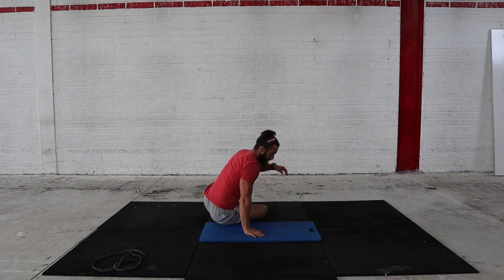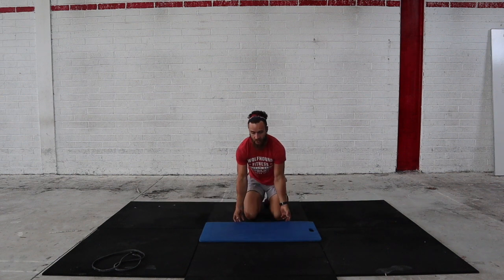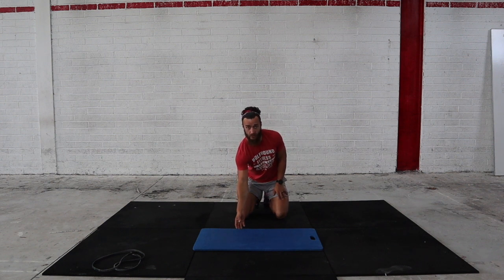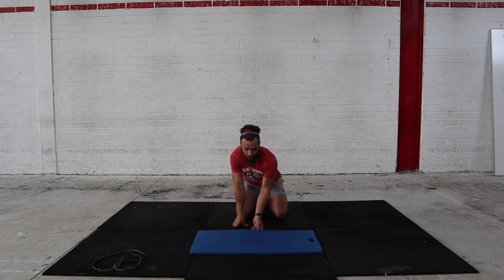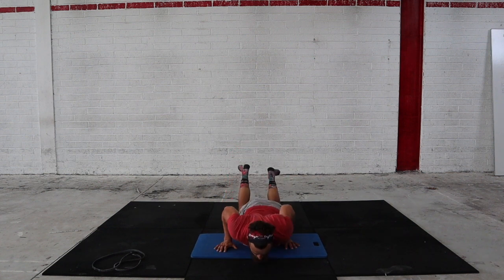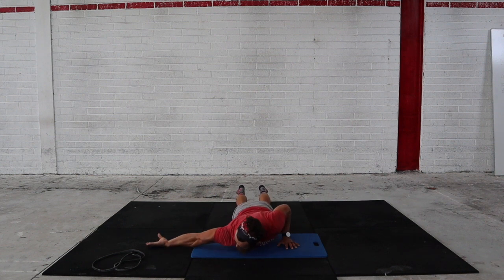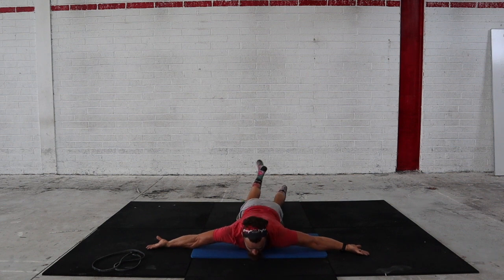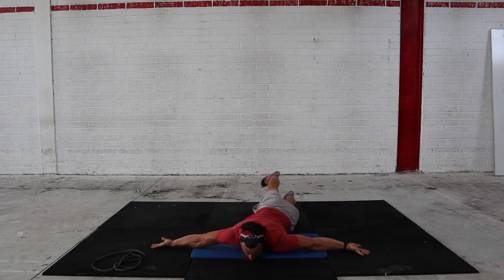Okay, continuing with the mobilization, trying to get some cracks out of ourselves. We're going to go face down now with our hands by our side at 3 o'clock and 9 o'clock with the back of our hand on the ground, and we're going for 20 reps here. It's going to be 10 each side, trying to get your toe to your opposite hand. So you can watch me here now for a couple of reps and then join in. Like I said, hands are out to the side, 3 o'clock and 9 o'clock, feet are behind you, and you're going to go to the opposite hand,